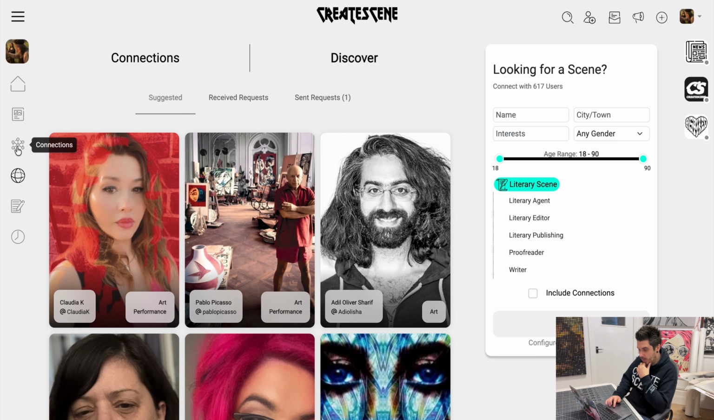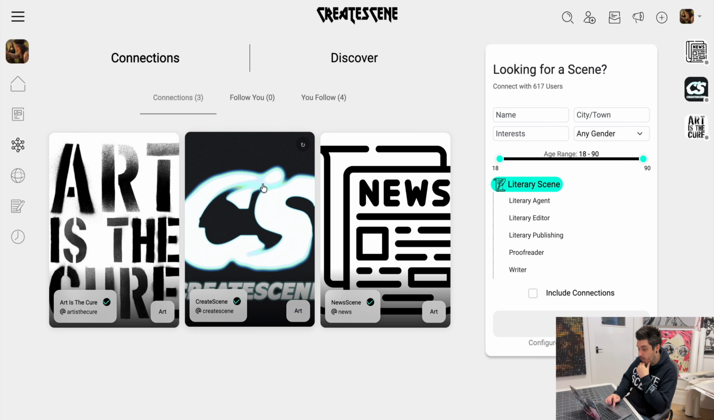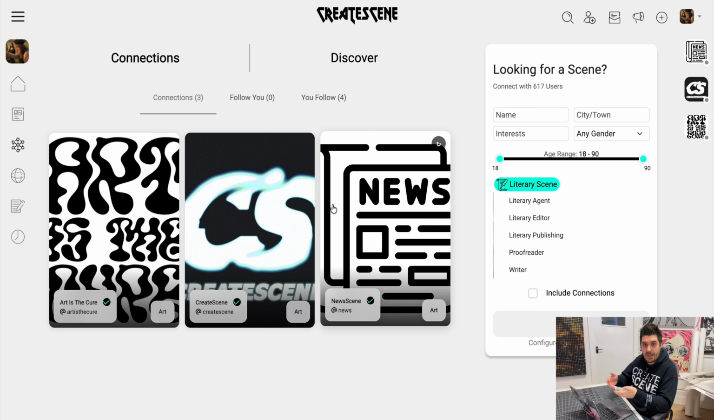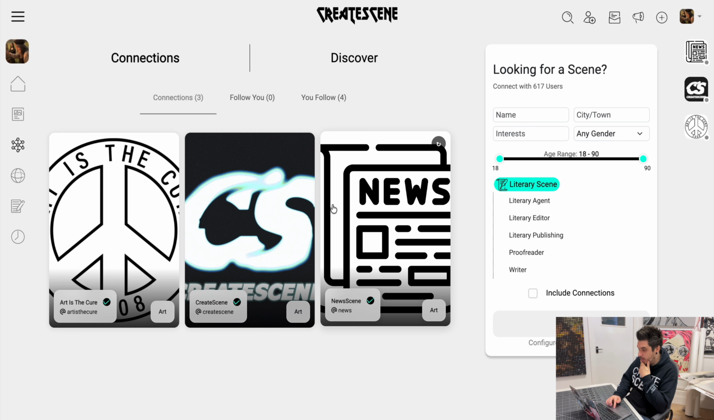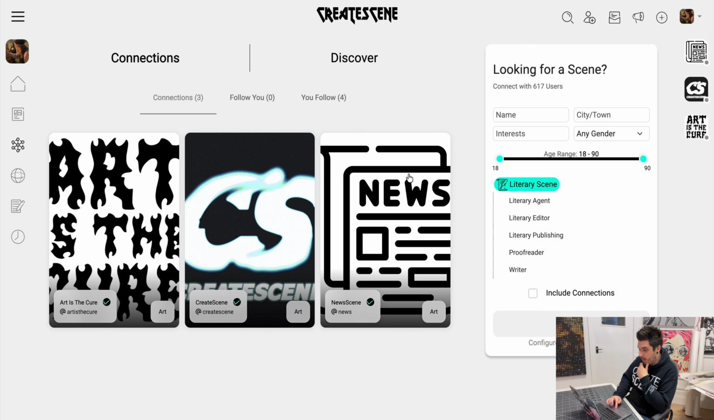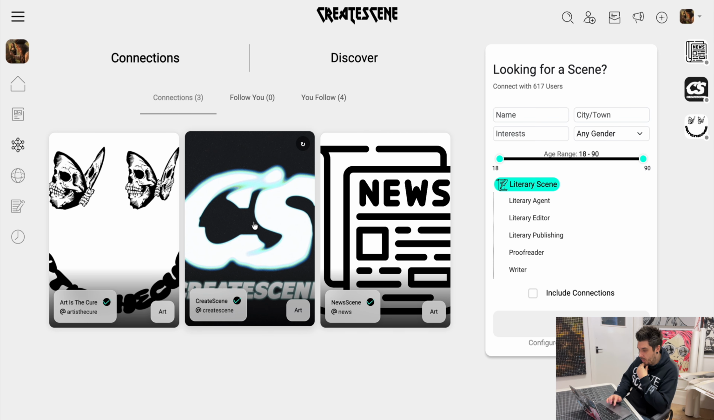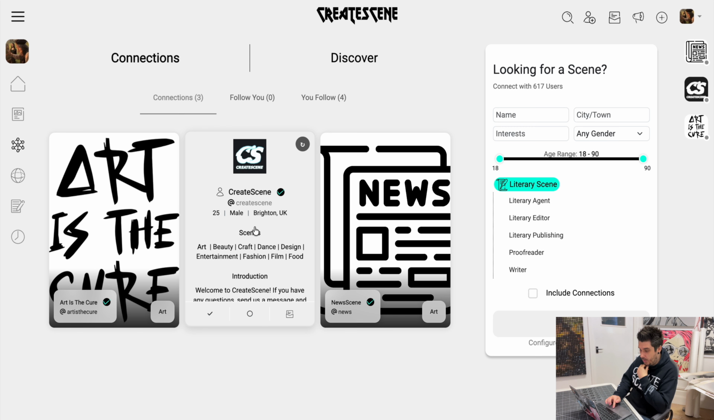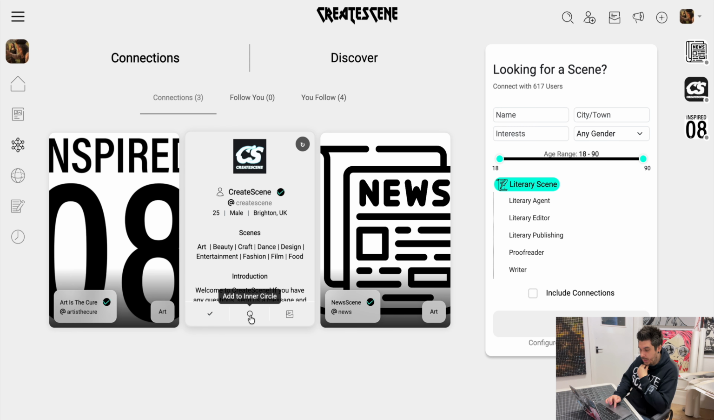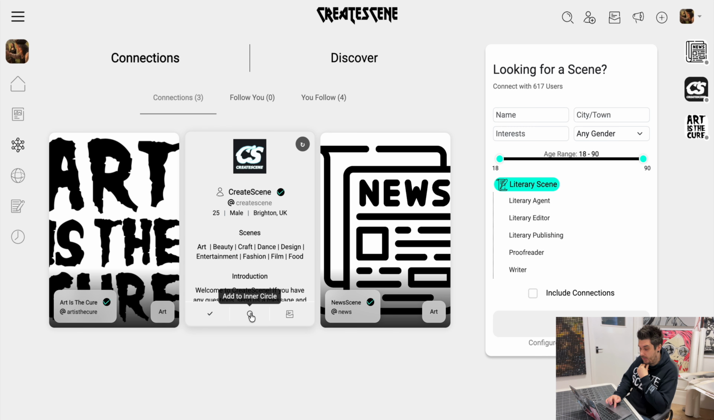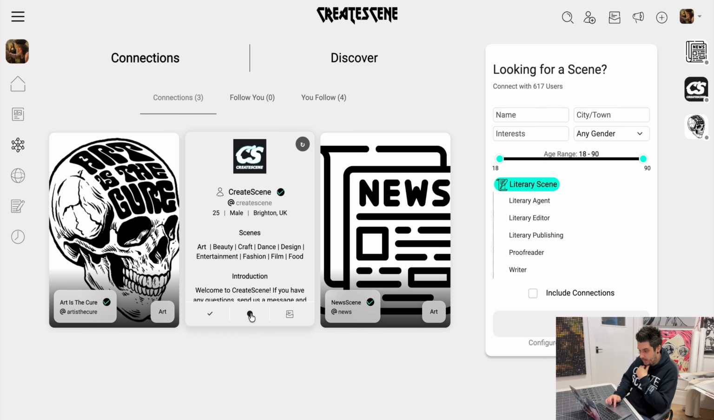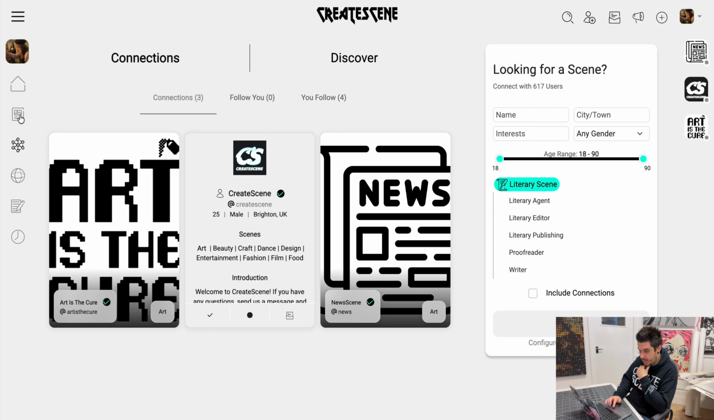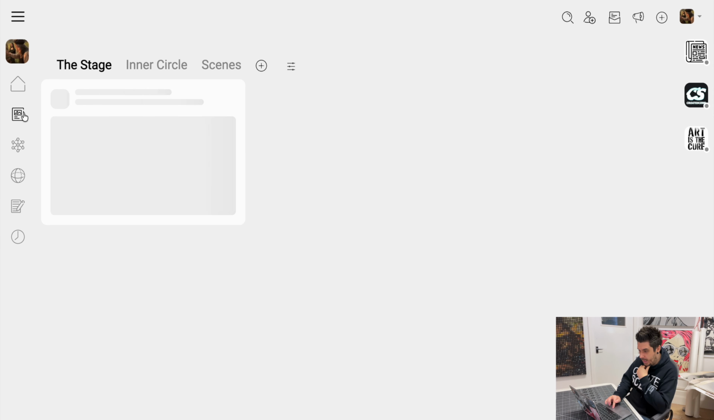You can go into your connections and browse people who you're already connected to. So if you've got thousands of people, you can do that in here and find them. But let's click over for that. Same again as Discovery, flip the user card. You can see here, you can add people to your inner circle by favoriting them. So if we tick on that, and then we go into the stage and the inner circle,